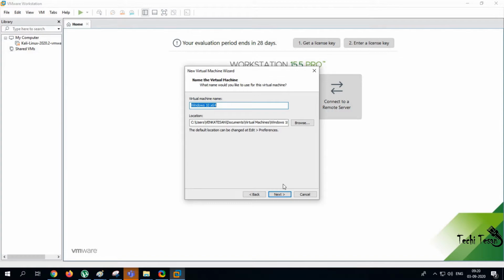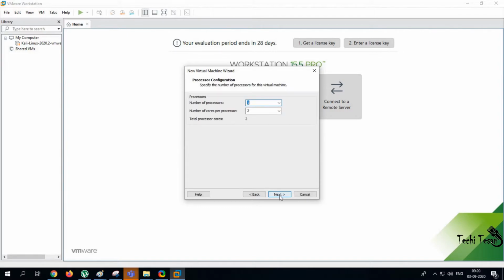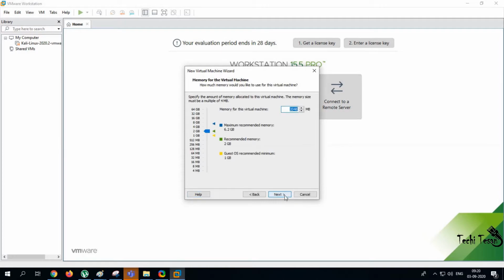Here we need to enter the virtual machine name and the file path where the virtual machine has to be saved. Once done, select Next. Let us use the default option, UEFI mode. This is the UEFI mode installation option showing on the screen. Click on Next. Select the number of processors and cores to be used as in a physical computer.